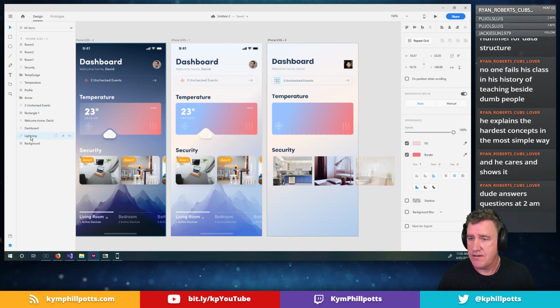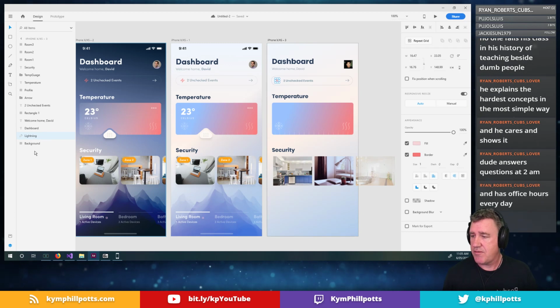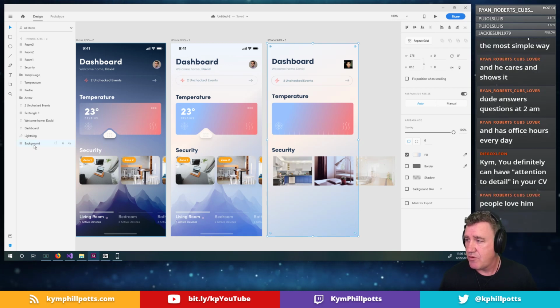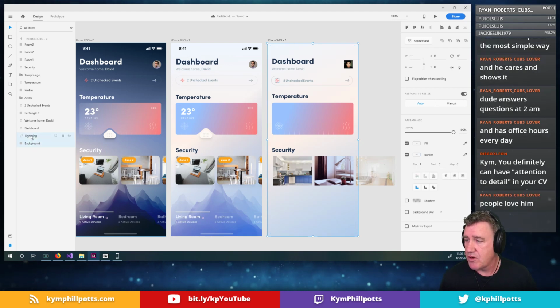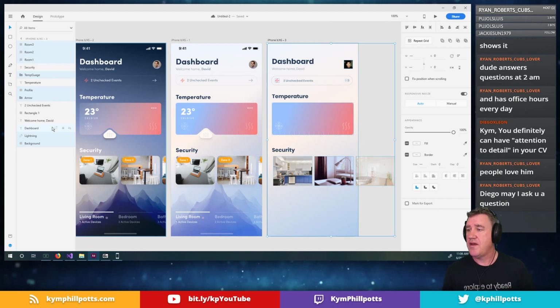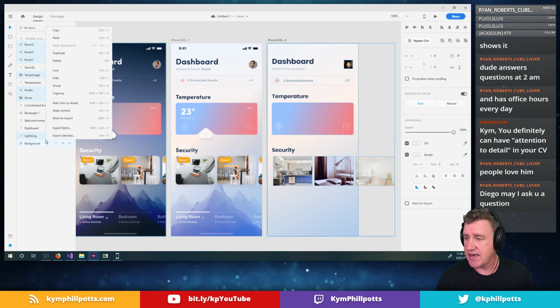Okay, so what I should be able to do is select these elements inside of here. So we want the background, the lightning, the arrow, profile picture, the temp gauge, room 2, 3, 1, right? So if I select those elements, I should be able to say export selected,